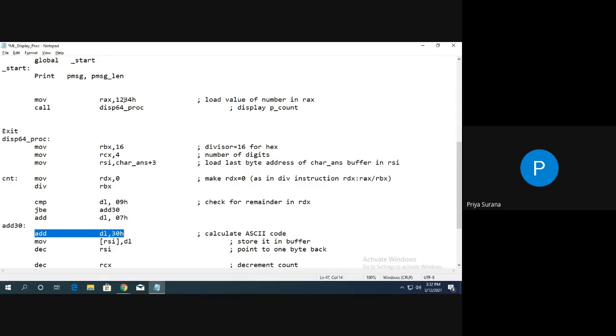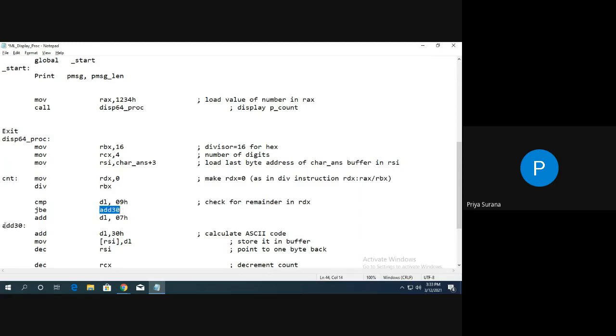What I discussed now: we are getting the first digit, the first remainder, as 4. So we are comparing with 9. If below or equal, add 30. This is a label; with this instruction, a label is expected.